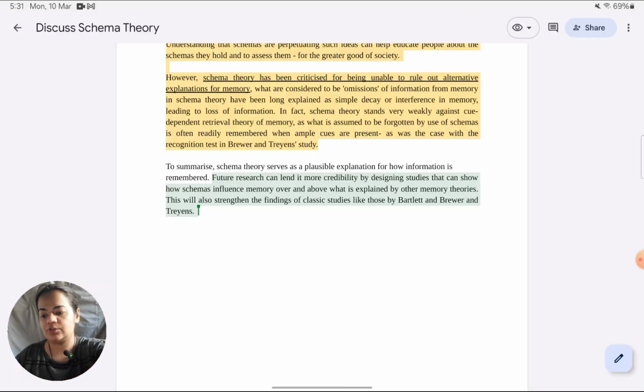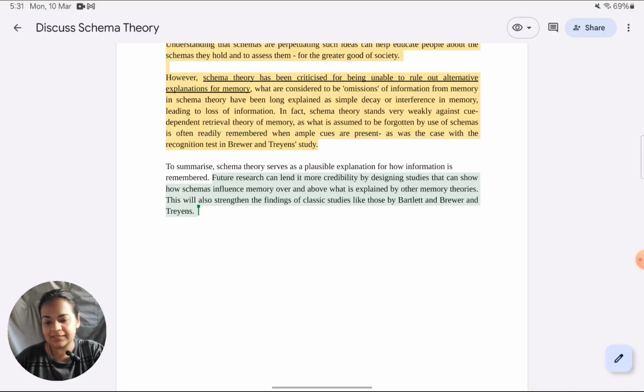The conclusion by itself we cannot rate, but I would now summarize the markings for all the criteria. For criterion A, I have already given it, it is a 2 out of 2. I have explained why. For criterion B, knowledge, full understanding and knowledge has been shown in this answer, not only of the studies but of the larger arguments or aspects of the theory. So it will get 6 out of 6.